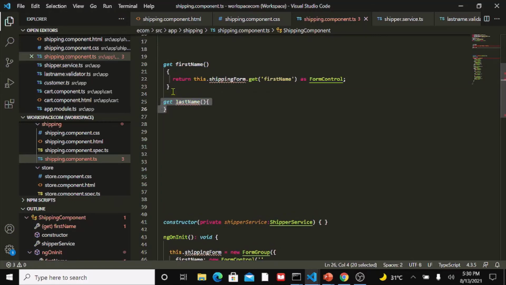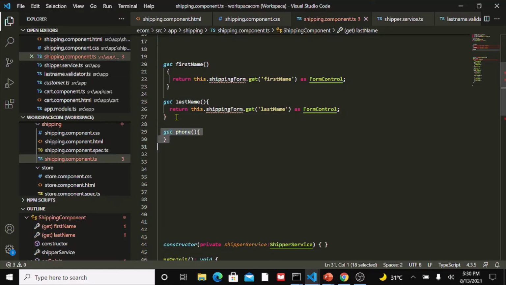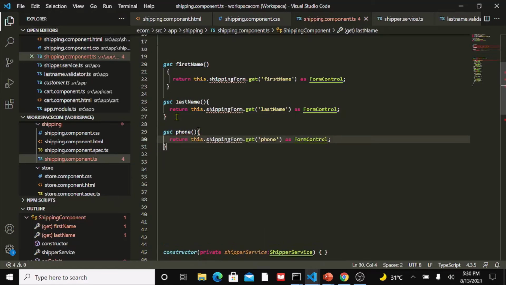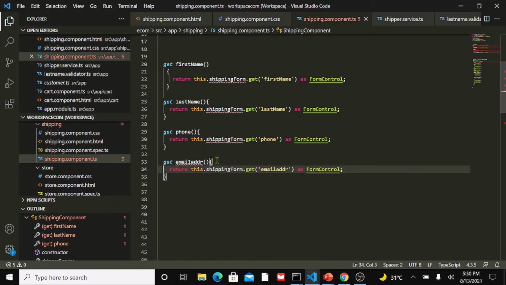Similarly, we'll use another getter function, or getter method, for last name. Okay, and again we're getting that squiggly like I said because we need to define that property. We'll do that later. A getter function for phone, and don't forget to specify as form control or you'll again get compilation errors. Okay, you could do that and then deal with the compilation errors, but you'll know why you're getting the error, right? Get email address,